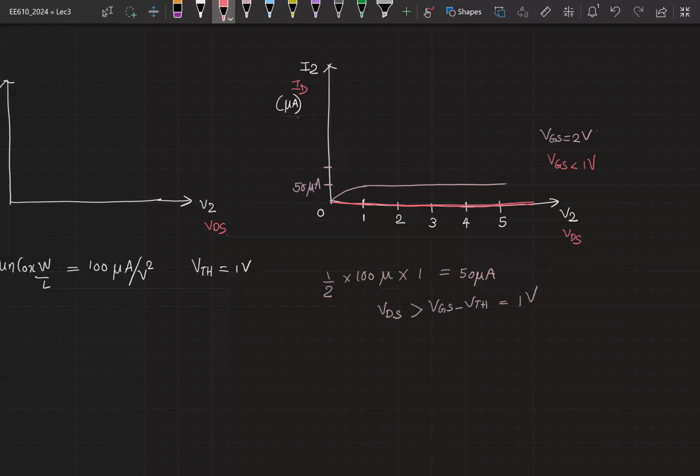Now let's quickly plot for VGS equal to 3 volt. Tell me what would be the saturation region current. So half into 100 microamperes into 2 square, right? So this corresponds to 200 microamperes. So I plotted 50 here, so this is 100. You have 200 microamperes, and from what point onwards does saturation region start? From 2 volt, right? So you will have